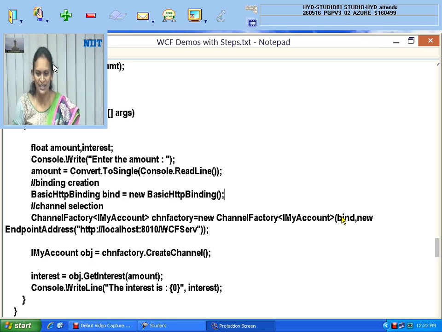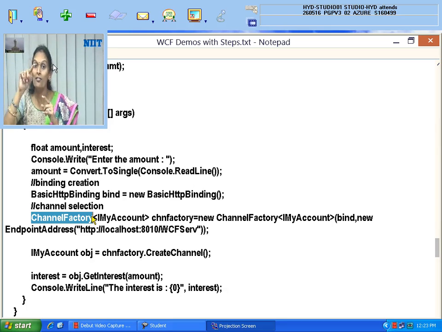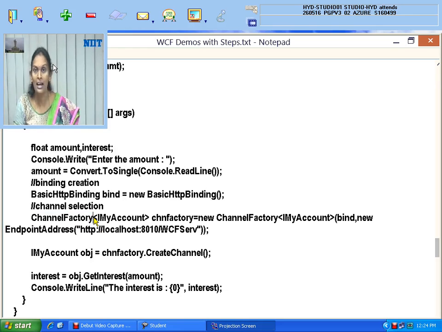Okay. So channel, very good. Others have written it. Yes, it is channel. First, the channel stack. I want to tell you that there is a channel stack, which means a collection of n number of channels. From that I need to pick up one channel, to connect to whom? With the basic HTTP binding, to connect to our service, because I hosted with that name. That address is to be used to connect with the help of the interface, right? So this is the channel factory I am creating.